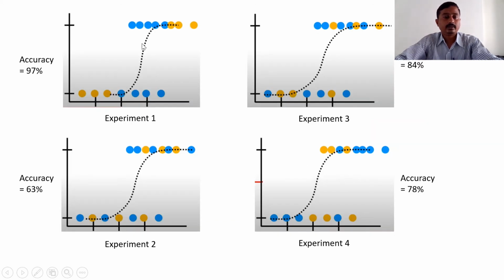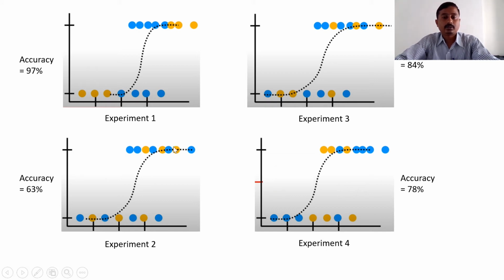In this slide, in this graph, the blue dots are representing the training data points and the yellow ones are the testing data points. As you can see, when you choose different data sets for the training, the decision curve will also differ. It is very visible in experiment number 1 and experiment number 3. The curves are different, and because of that, the accuracy of different experiments will be different. So you cannot decide the performance of that particular method based on one of the experiments.